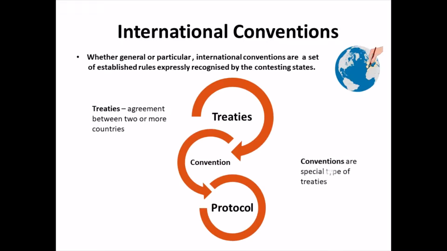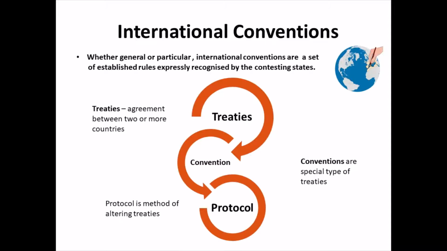Next is conventions. Conventions are a special type of treaties. For example, the Vienna Convention is a special type of treaty. And the third one is protocol. Protocol is a method of altering treaties. Generally, for example,